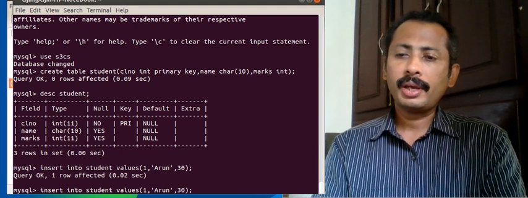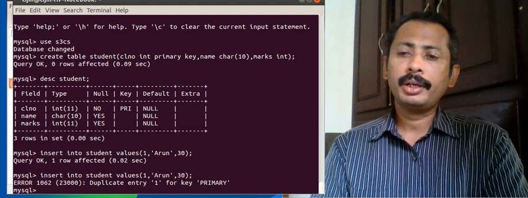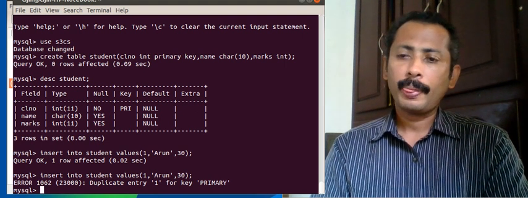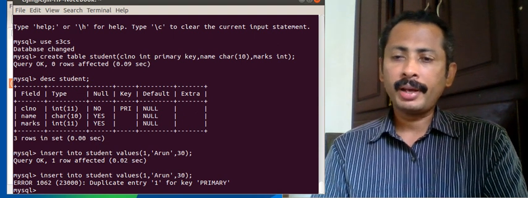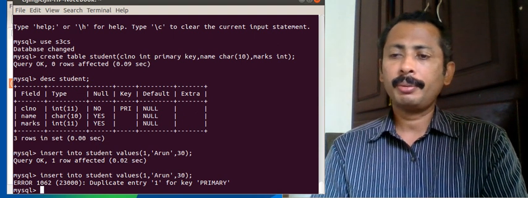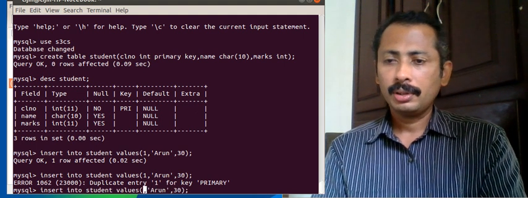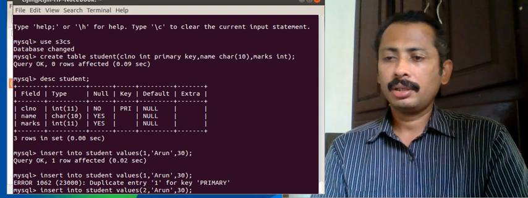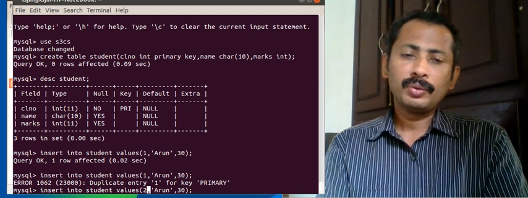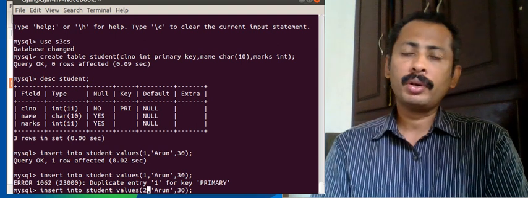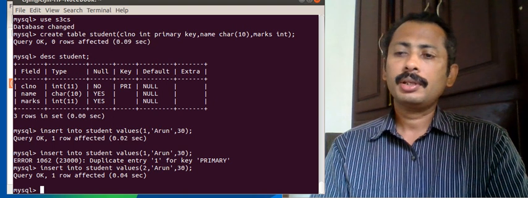If I give the same values, it will show an error because of duplicate entry 1 for key primary. So it is not possible to duplicate the values in a primary key. So I have to change the values like this: insert into student values 2. The other two fields can repeat because we have not given any constraint, and so this is also executed.